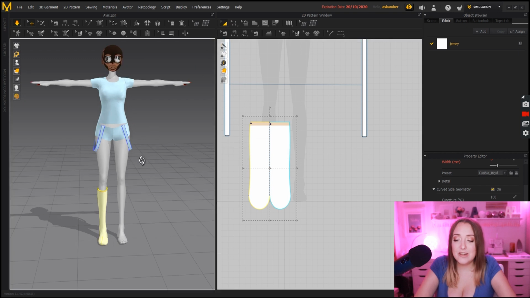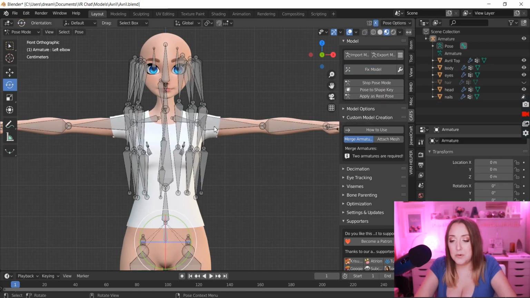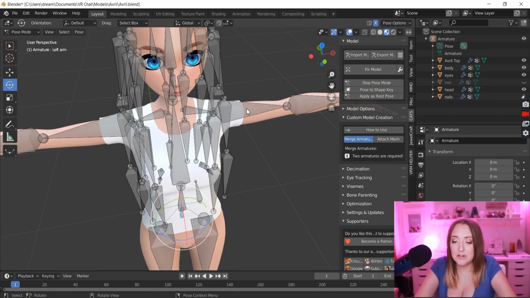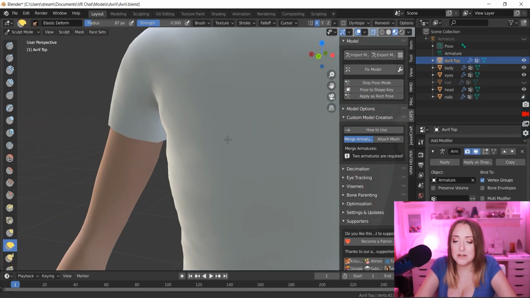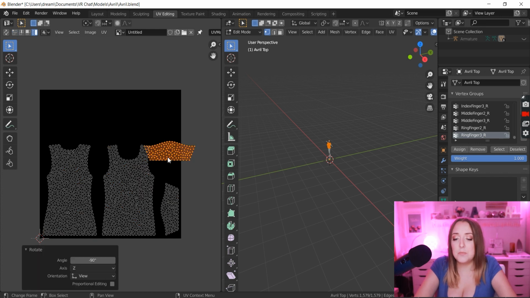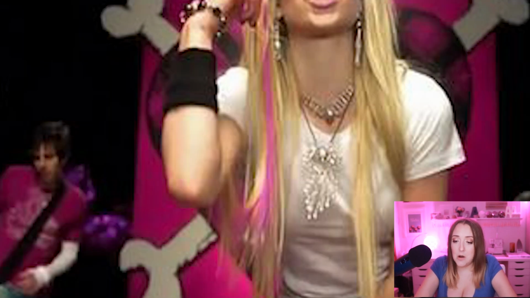So once I finished with all of that, I ended up exporting it, and I started with the shirt. All I have to do is put it on the model and then do my data transfer, and now I'm just tweaking little things, fixing things here and there that are going to be weird when she moves. Then I make the UV map, and I'm going to export that as a PNG to work on later in Photoshop.